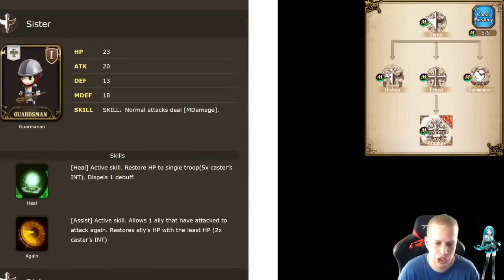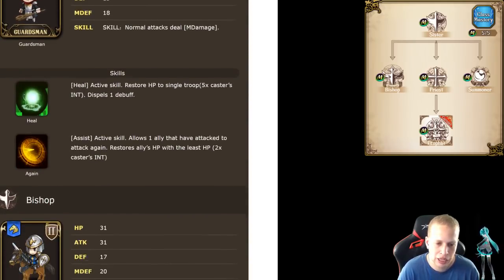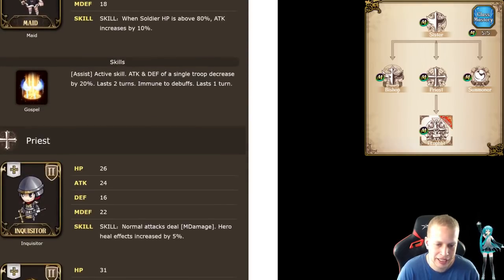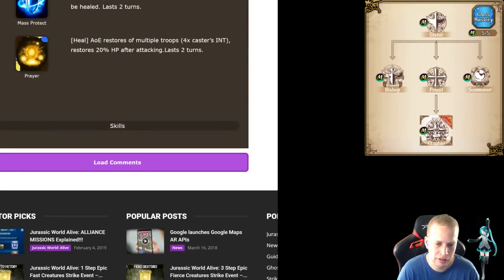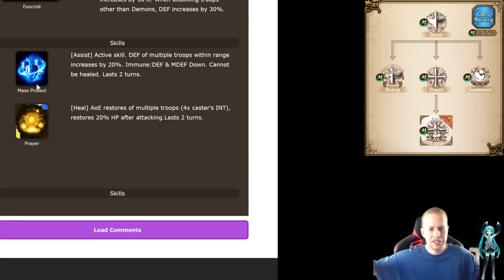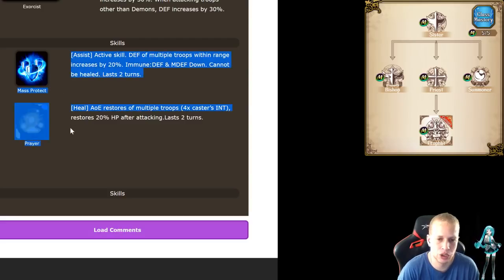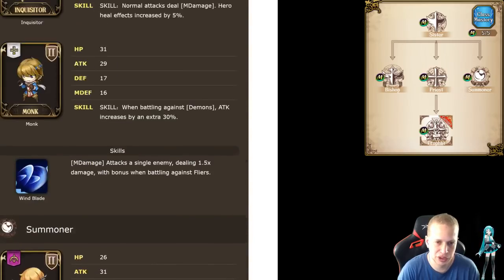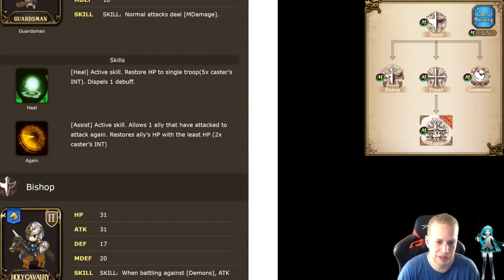Now as far as what skills you want to build with her, I would go Again for sure. Again should always be on her bar in my opinion. And then at that point you can go between, let's go to the end here, so Prayer or Mass Protect. Usually you're going to do one or the other, because if you have a team, you could find someone else with Mass Protect. So you could have Liana cast Prayer, the other person casts Mass Protect, and then it's just an all-in for whatever you're trying to go and attack, and hopefully there's no Dispel that you're fighting against. So one of those, whichever one floats your boat. And then honestly, the other spell that I'd choose...